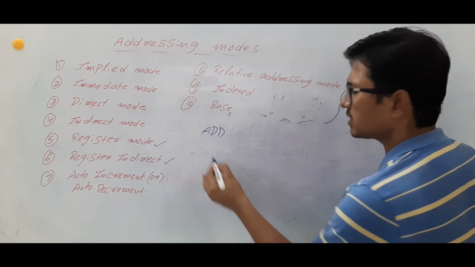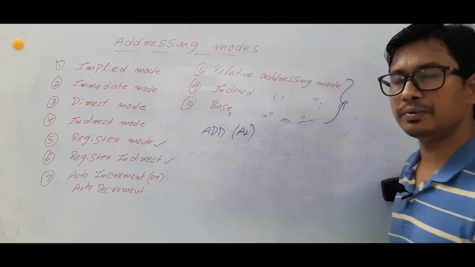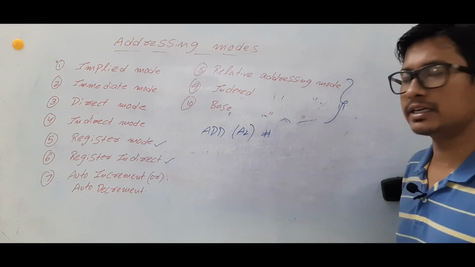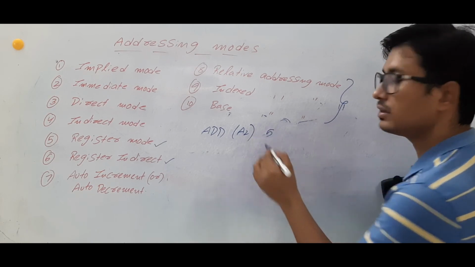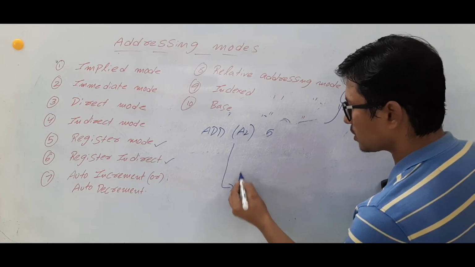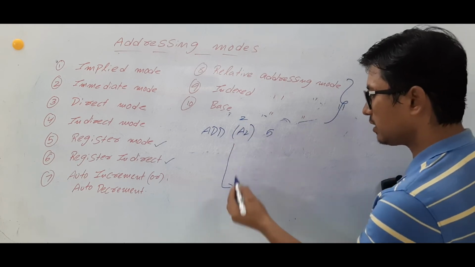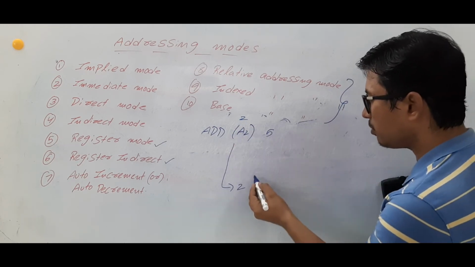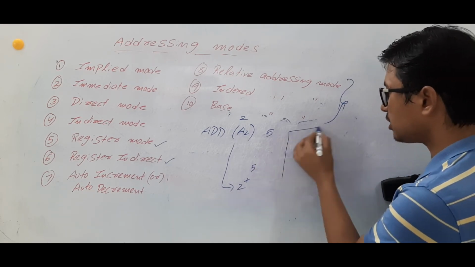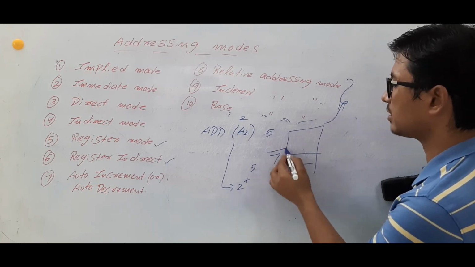Let's take that you have mentioned ADD, which is an opcode, and you have some A2, and you are mentioning some opcode value here. Now what will happen? You will go to the address location. Whatever A2 is, suppose its value is 2. So you will take the 2 and perform the addition with the 5, 2 plus 5, so it will become 7. So instead of going to address location 2, now you will go to address location 7.